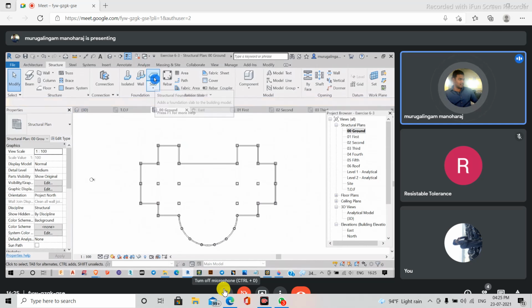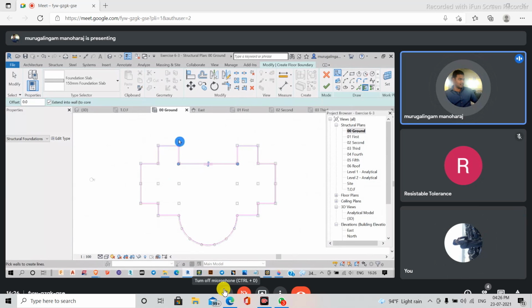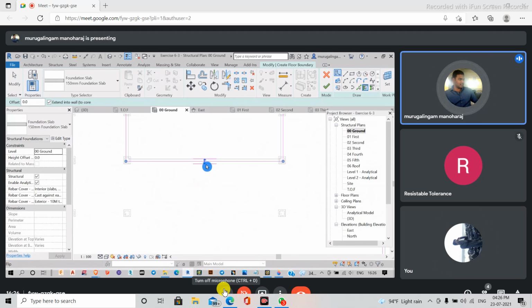And then I'm going to click my slab here. And here I have two options. One is pick supports and one is pick walls. Here I have created my wall, so I'm going to use the pick walls option here. I'm just coming over here, clicking this one. Once again, I'm repeating. I'm selecting this one and pressing the Tab key, and completely everything will get selected for me. In this way, everything will get selected for me. In case you want the slab to come the other way, I just have to flip it.